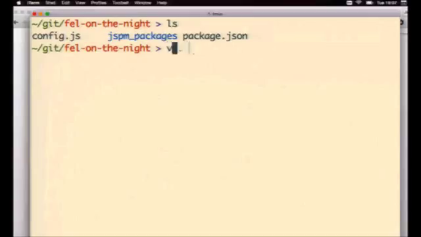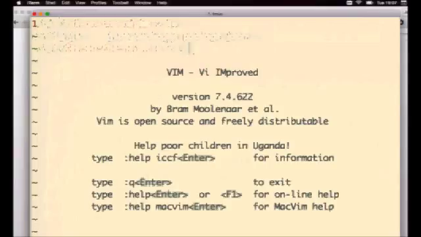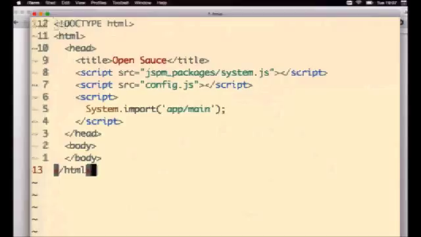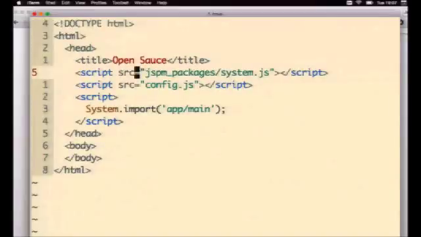I'm going to create my index file. I'm going to do it all in Vim. I set up a little shortcut to do this because you don't want to watch me type out the title. Nothing too exciting: HTML tag, blah, blah, blah, title. I'm going to load in system.js. System.js loads in that library. What it also does is polyfill that line there, the new System API, which is part of the